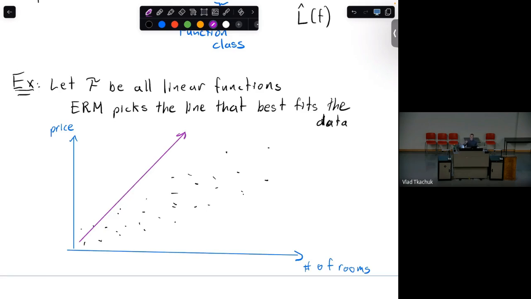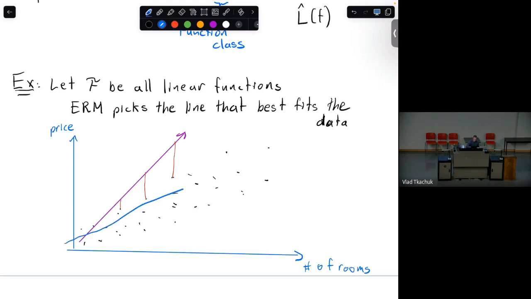It's probably not a great line. Why? Because its loss, which you would measure as the distance, right? It's estimating a value here, and it's going to measure it relative to each one of these data points, something like this. So this is going to be farther away than something like